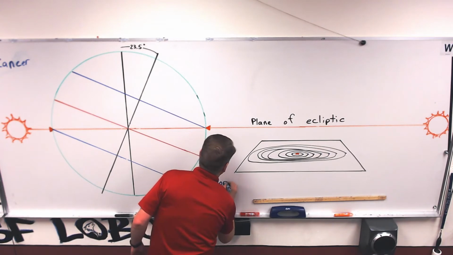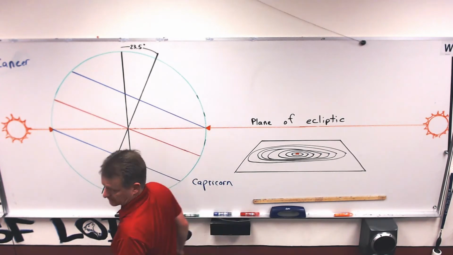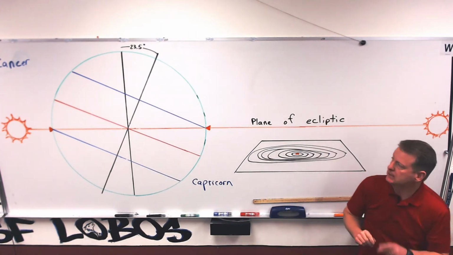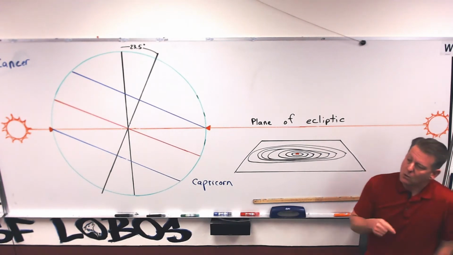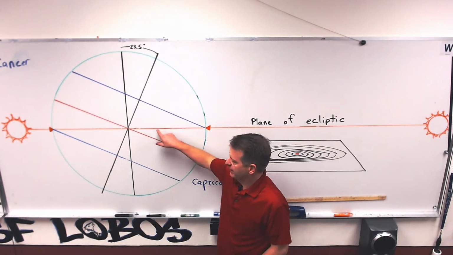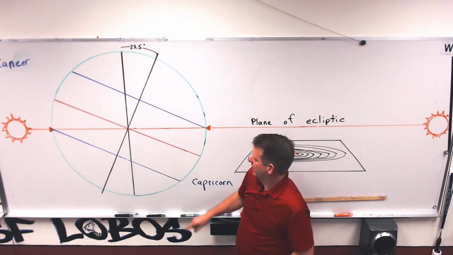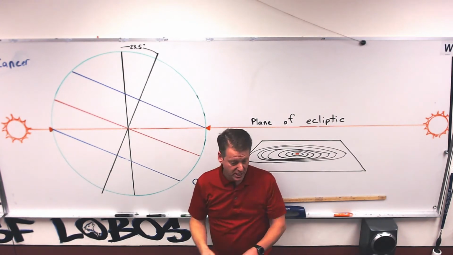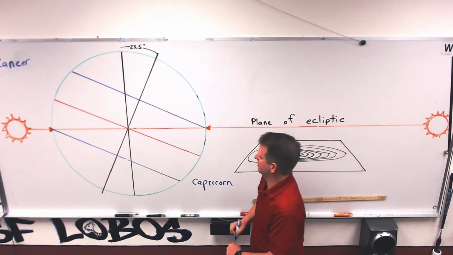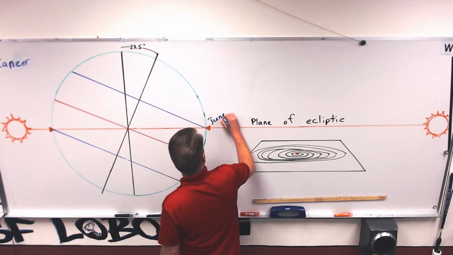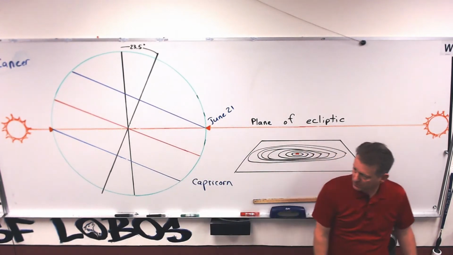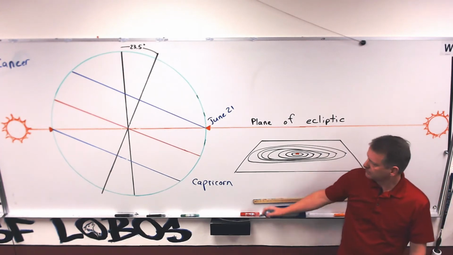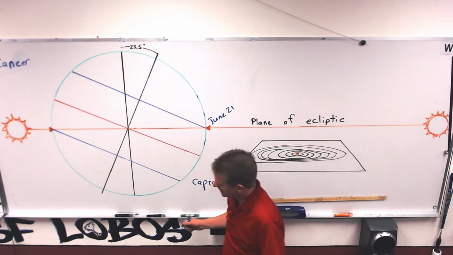Why do we even have those? There are two reasons. So one thing is if you're on that line, that's where the sun always is. When the sun is directly right here, that would happen to be our first day of summer, which is June 21st, depending if it's a leap year or not. Yep, this year it's the 22nd. It's a leap year. Yay, leap year.